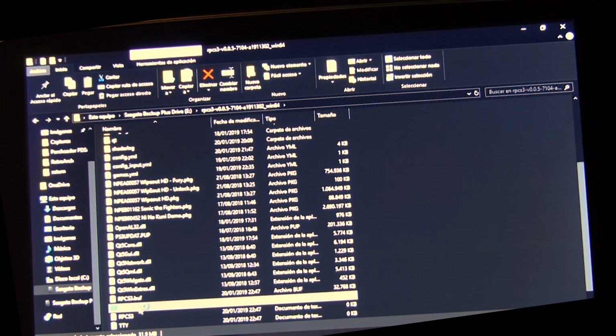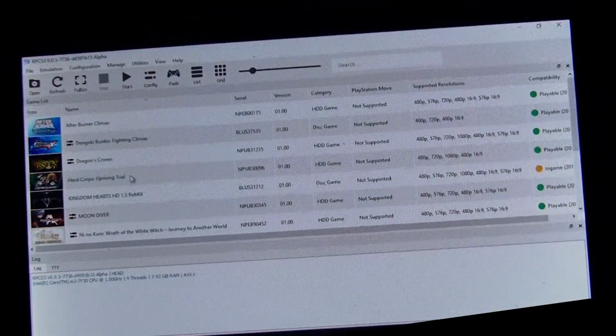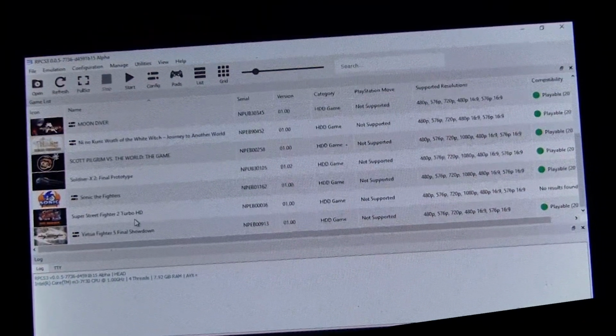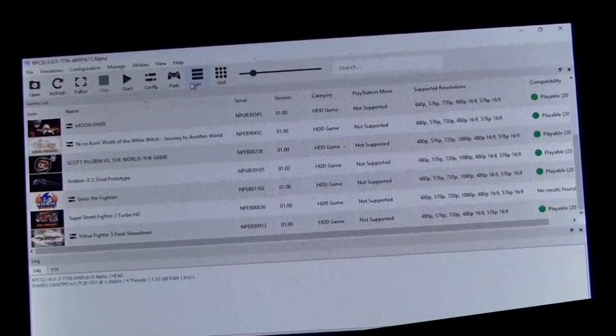Okay, we open RPCS3. And here we go. As you can see, these are the games I have installed. Not all of the games run properly. Basically, you can see here in config,